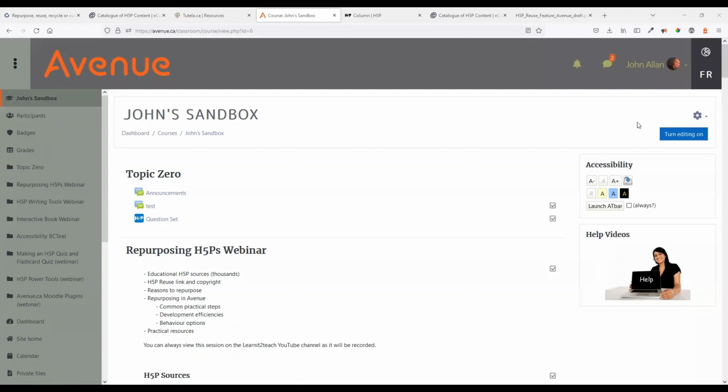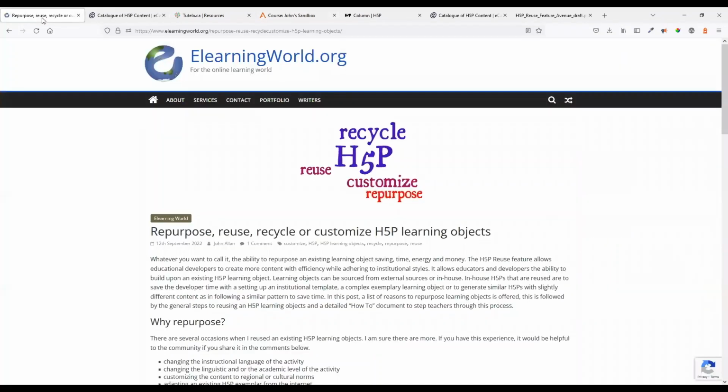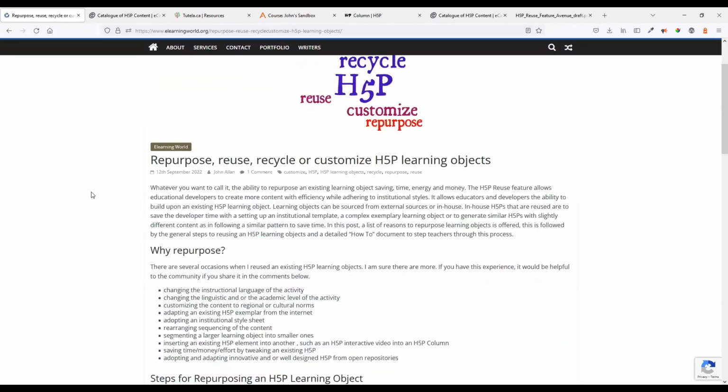Welcome everybody to today's session, repurposing H5P learning objects. So I wrote this blog post a while ago, and